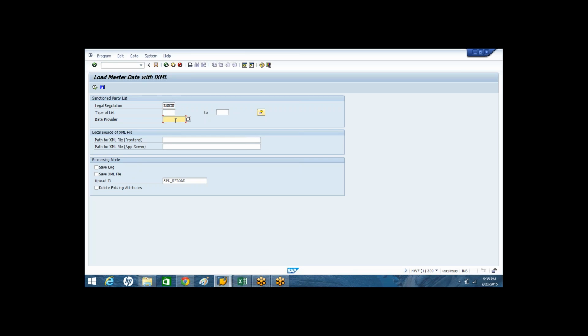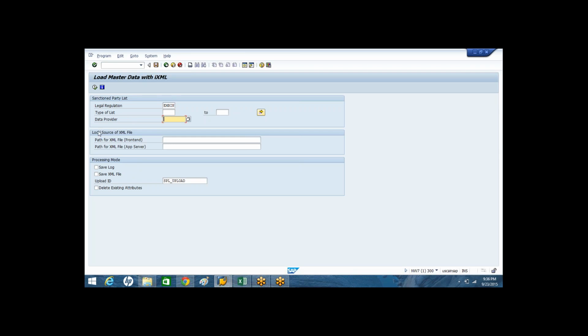And then, as data provider, you need to tell the system which data provider has provided this SPL list. Whatever XML file you are going to upload, you need to tell the system who has provided that XML file.